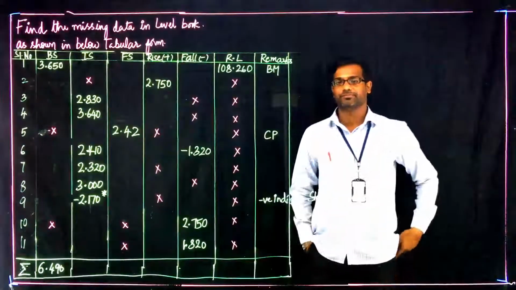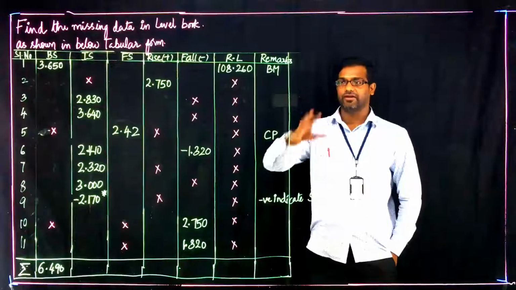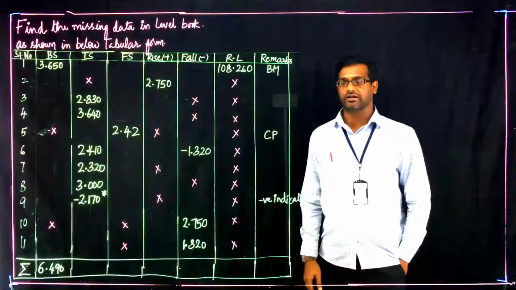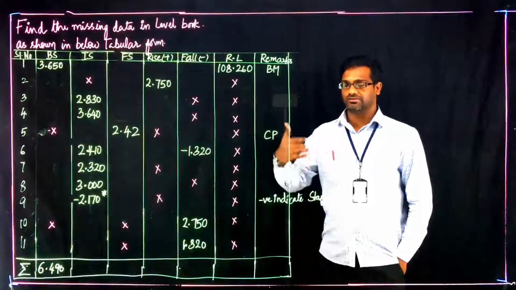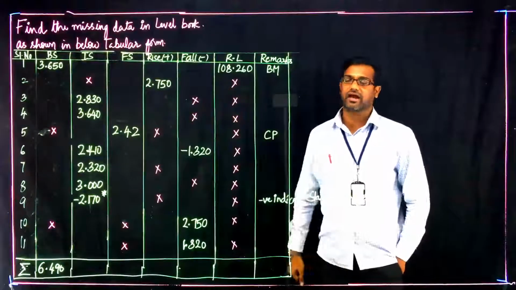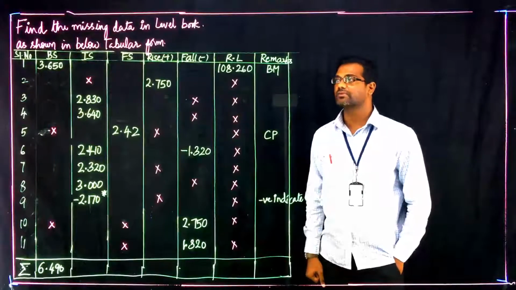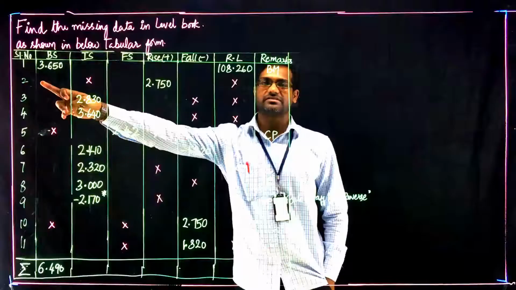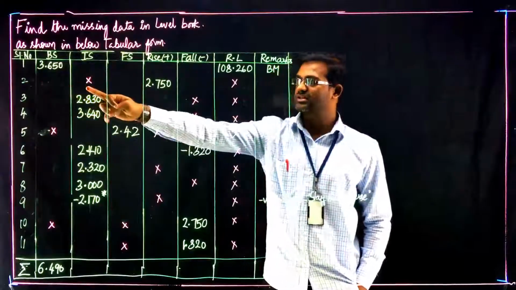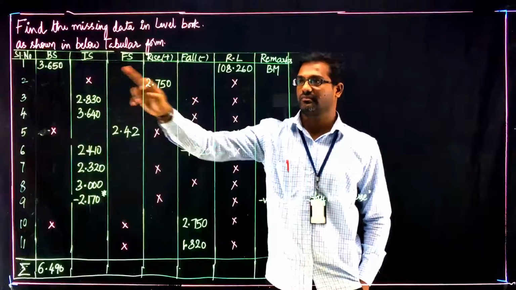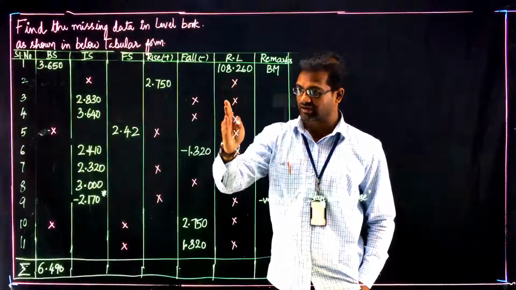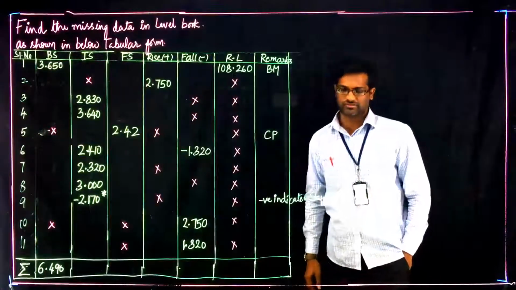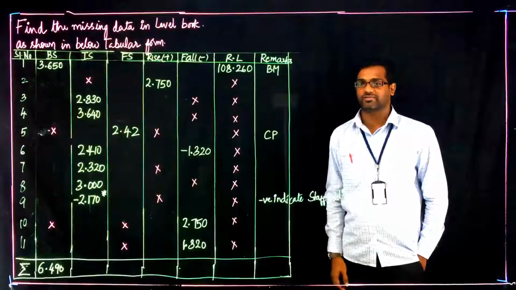In the given problem, a leveling tabular form is given to you, where the readings are given, but somehow there are some missing readings and we need to find out those missing readings. If you take a look at the data, in the second row, the intermediate sight reading is missing and the reduced level is also missing. So you need to calculate all reduced levels and all the missing readings, which are the question, from the basic principles.